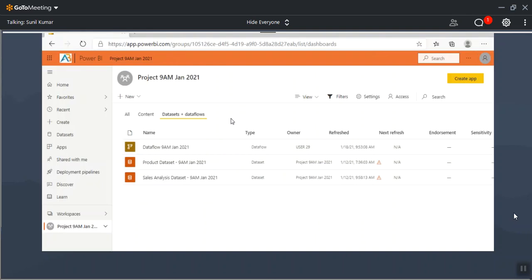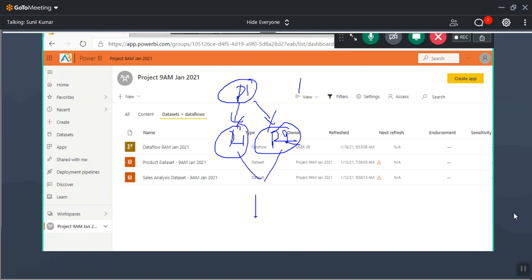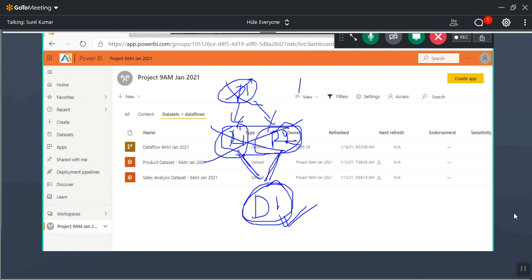So now tell me, I have a dashboard like this. I have data set 1, with report 1 and report 2, and I created dashboard 1 on top of it. Now the question is, when I delete this data set, what happens to these 2 reports? The 2 reports will be completely deleted. What happens to this dashboard? Will the dashboard be there or will it be deleted? The dashboard will be there, but every visual in the dashboard will be deleted. You only kept visuals from report 1 and report 2, so when both reports are deleted, every visual in the dashboard is deleted. Still the dashboard will be there.